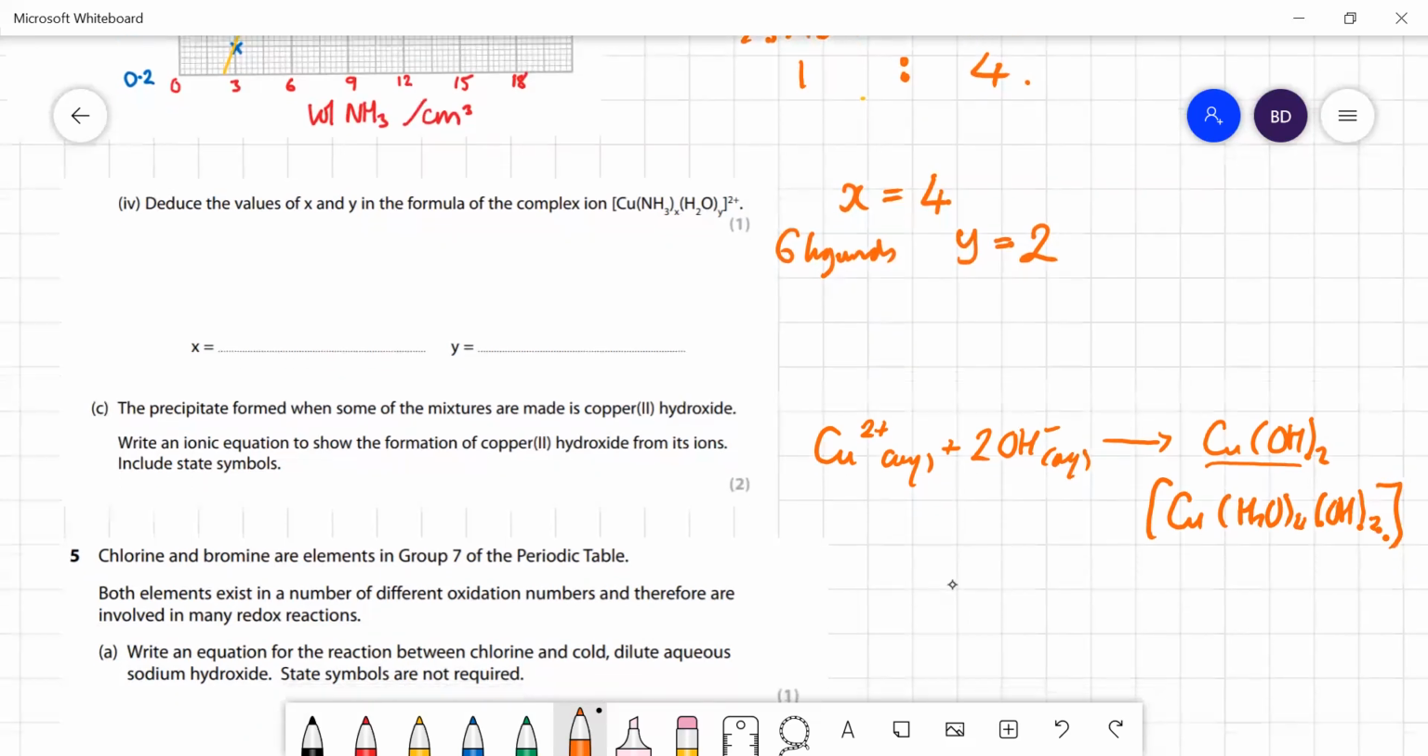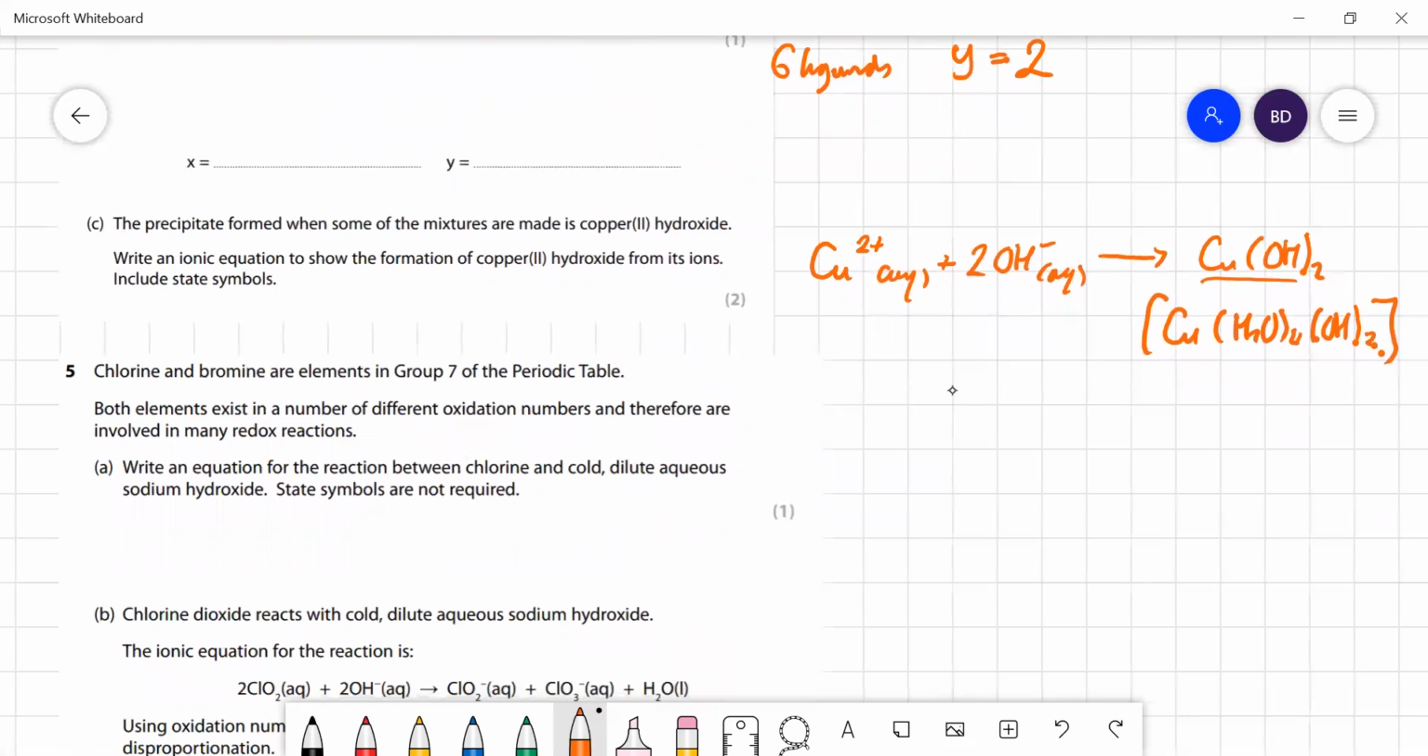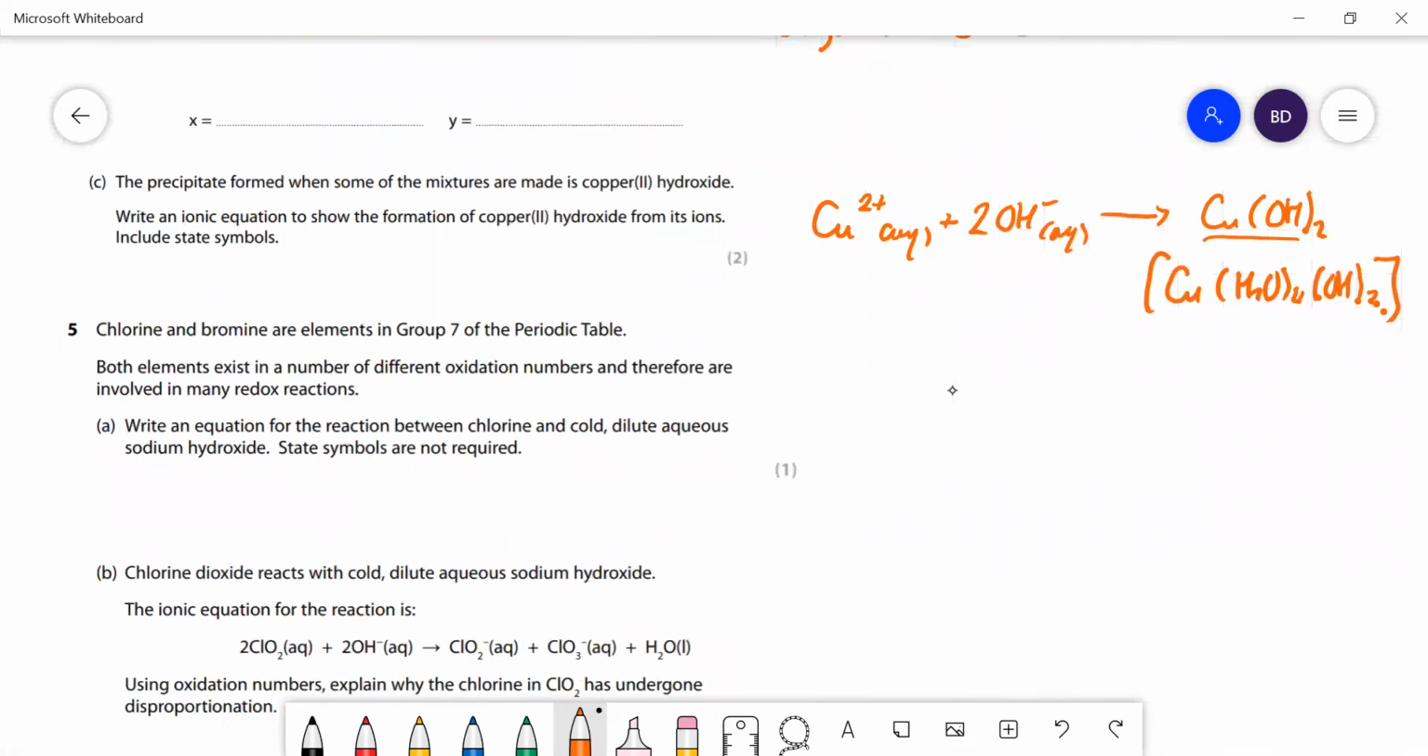Okay. Right. Chlorine and bromine are elements in group 7 of the periodic table. Both exist in a number of different oxidation numbers and are involved in redox reactions. Equation for the reaction between chlorine and cold dilute sodium hydroxide. Well, it's a disproportionation reaction. You should know this, and it's just a recall. So it's going to be sodium